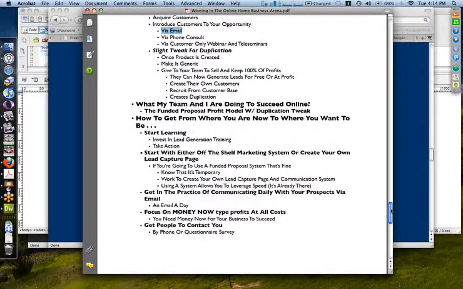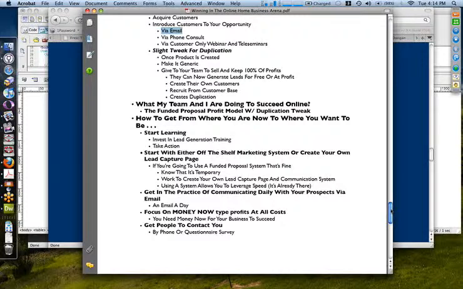If you're thinking with a duplication mindset, then give it to your team to sell so that they can keep 100% of the profits. Nothing cooler than to give someone you work with personally the key to immediate profits in their business. Hey, you're a member of the team? Well, I've done this before, so I know the biggest hurdle I've got to help you get over is making money now. Therefore, I've created a product for you that you can go out and market. Every dollar you make, you keep.